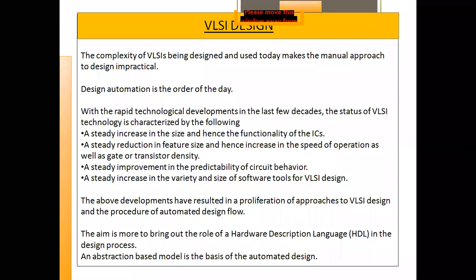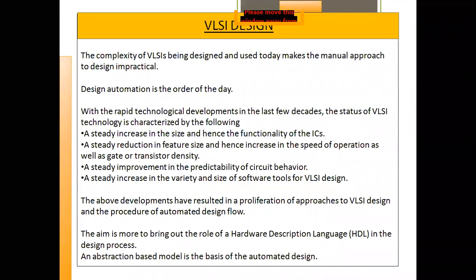So this VLSI design, that means very large scale integrated circuit design, is done by automated machines only. It is making these VLSI circuits, which are in the order of microns. Now it is impossible to do manually. We can go up to the designing on paper, and later it has to be carried out only through the machines.